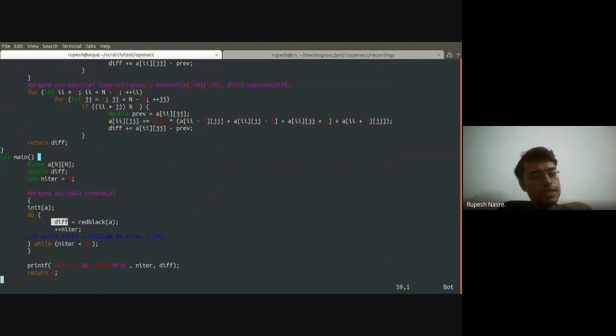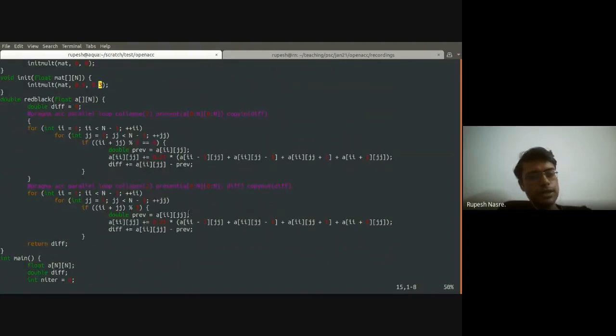Well, in this case, I'm just using number of iterations, but if your condition would have been diff less than epsilon, which is likely to be the case in your applications, then we need diff on the CPU. So for that, I'm just going to use copy in of diff, which is going to just copy the 0 value to the variable diff, and copy out of diff is the one which I'm going to use at the end of the second loop. So that is the only difference that is going to be required.